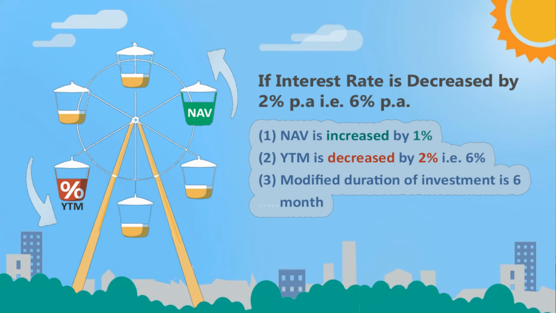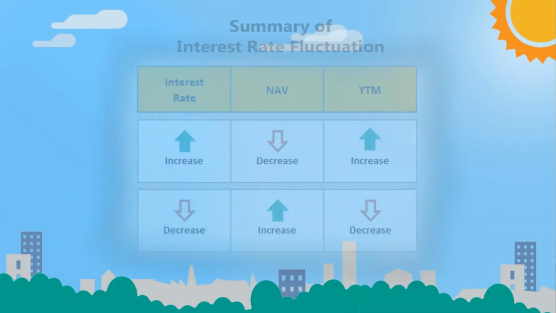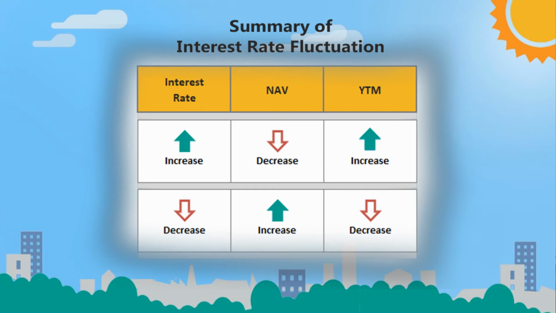And if it chooses to continue to the end of duration, the return would be 8%. In conclusion, if the investor invests in a fund in which the estimated time period of investment and modified duration are similar, it nullifies the risk of interest rate fluctuations. For better understanding, a chart will be shown on the screen showing the effects of interest rate fluctuations on NAV and